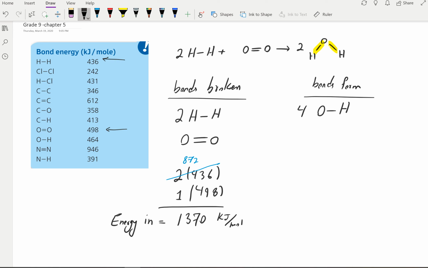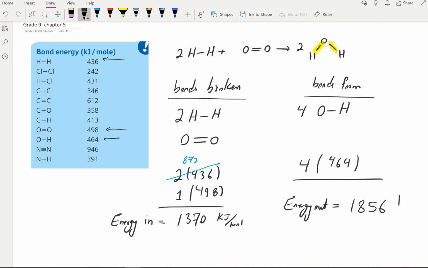I need it for breaking the bond. On the product side, I have 4 OH bonds. The bond between the OH is 464 kilojoule per mole, so 4 times 464, and the total energy out is 1856 kilojoule per mole. So I found the energy in for breaking the bond and the energy